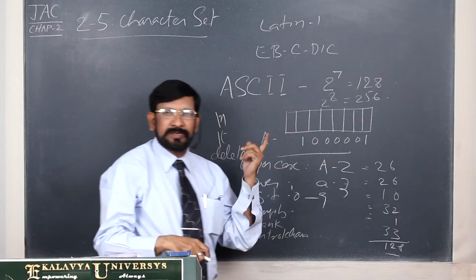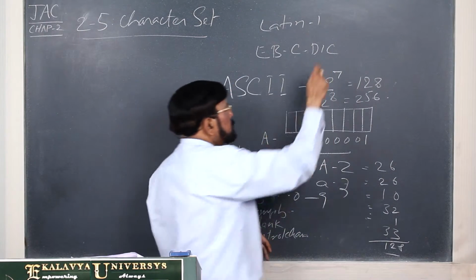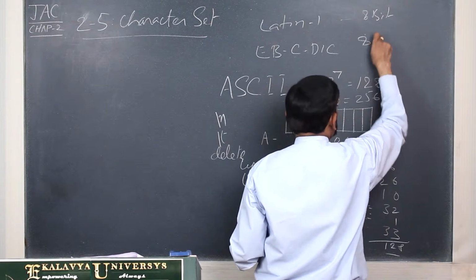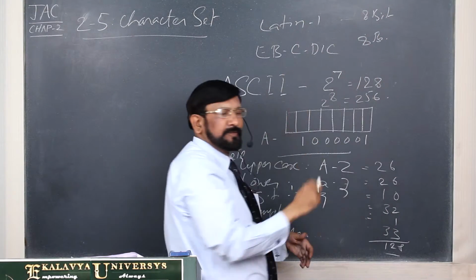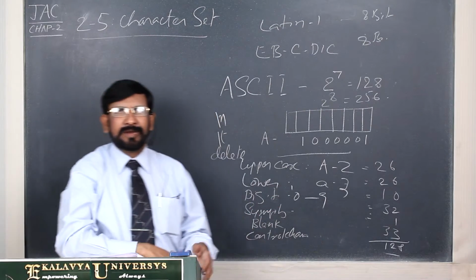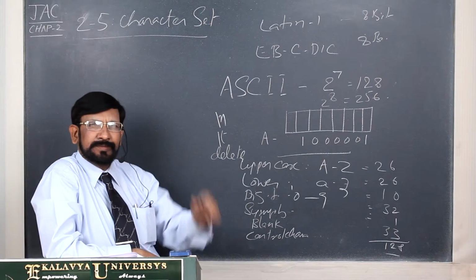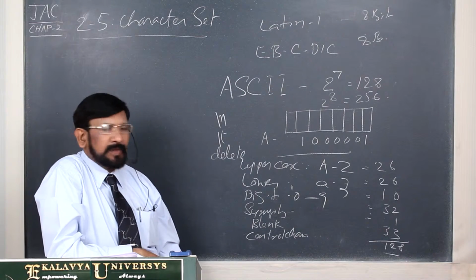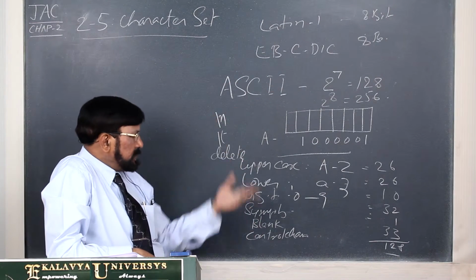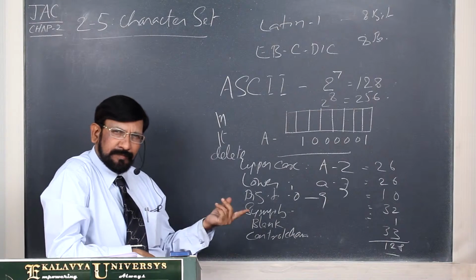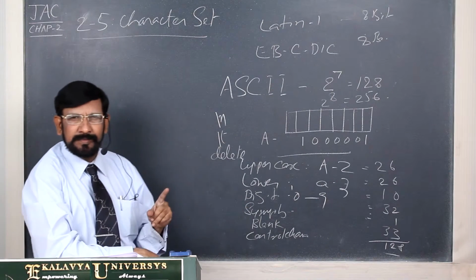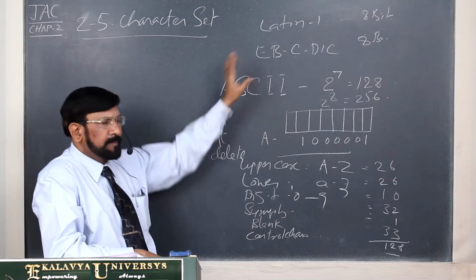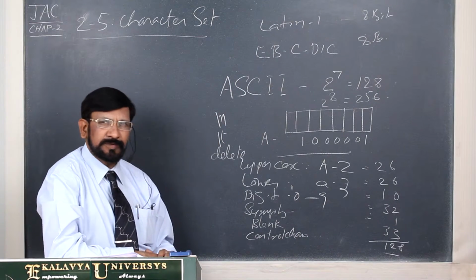Different purposes these coding schemes are created. These are also 1 byte, 8 bits. Actually Latin 1, if you see, not only English, it covers some special symbols and some European languages also it supports. So in this way, these coding schemes, in the basics I have given a detailed explanation, and there you can get complete details about all these coding schemes.